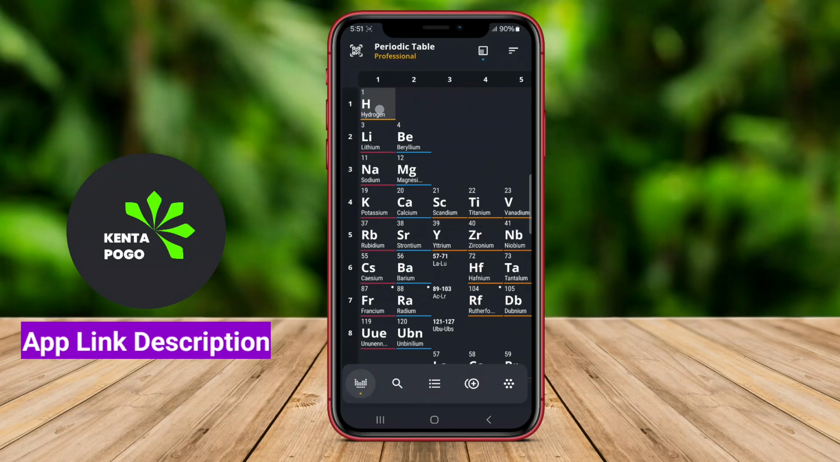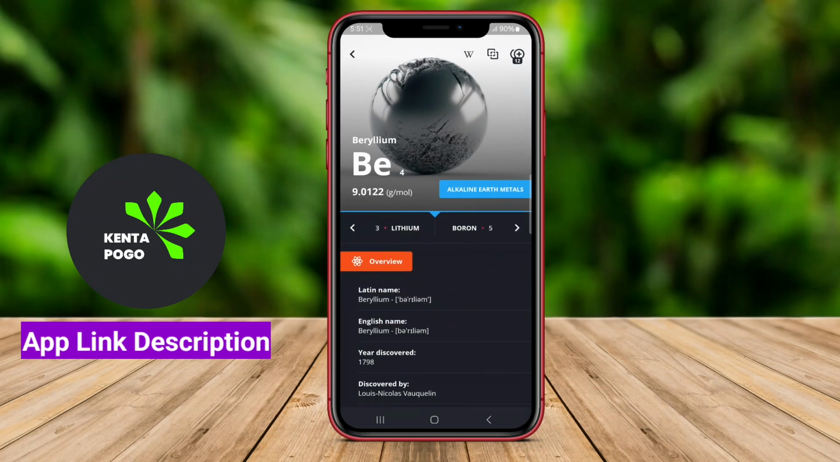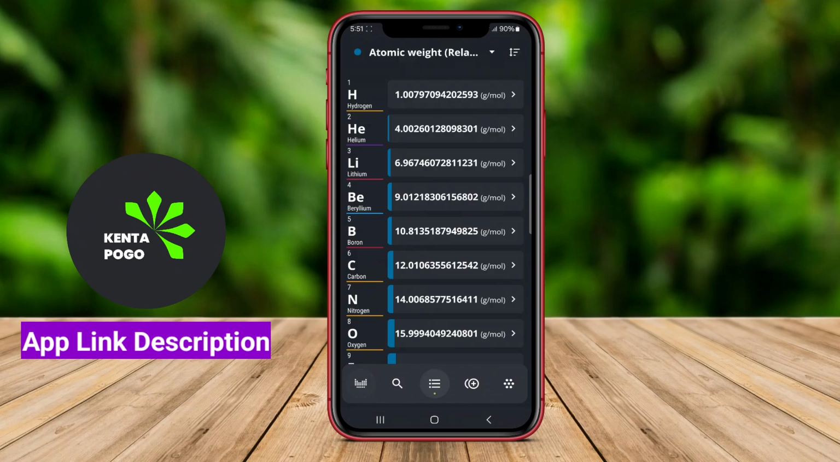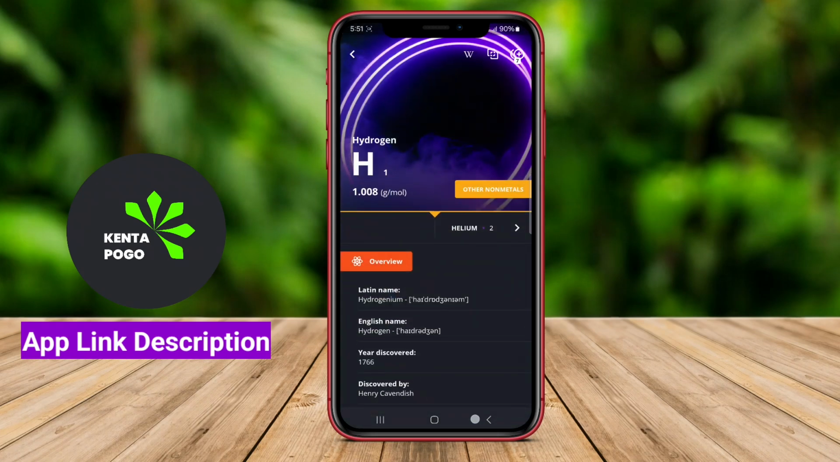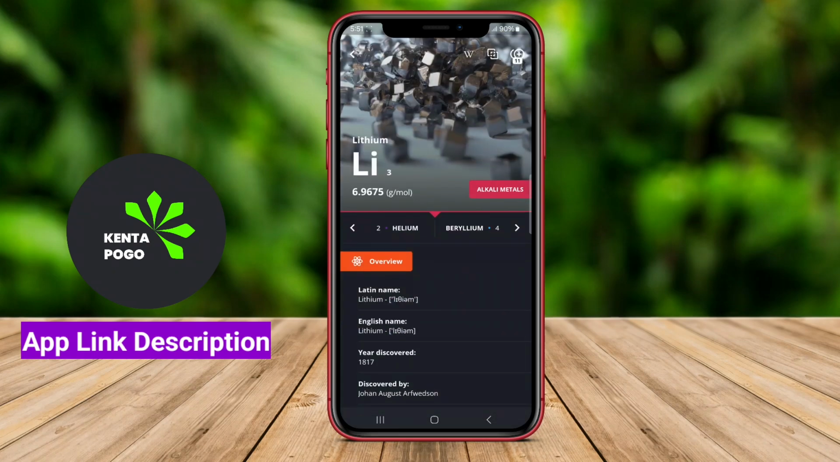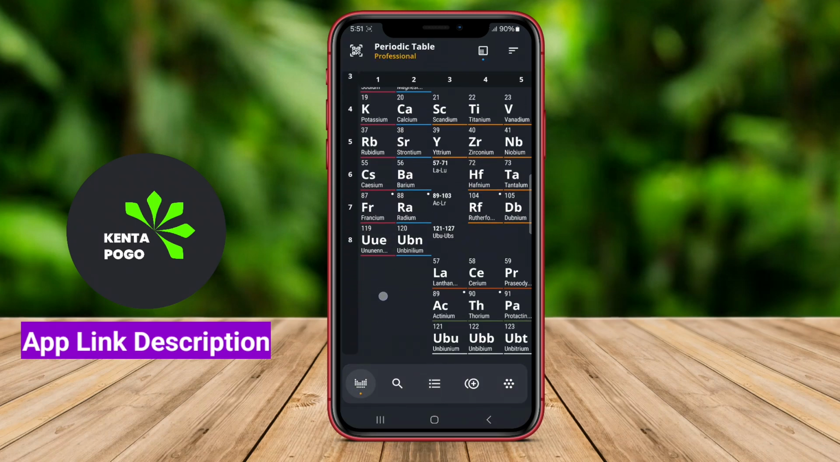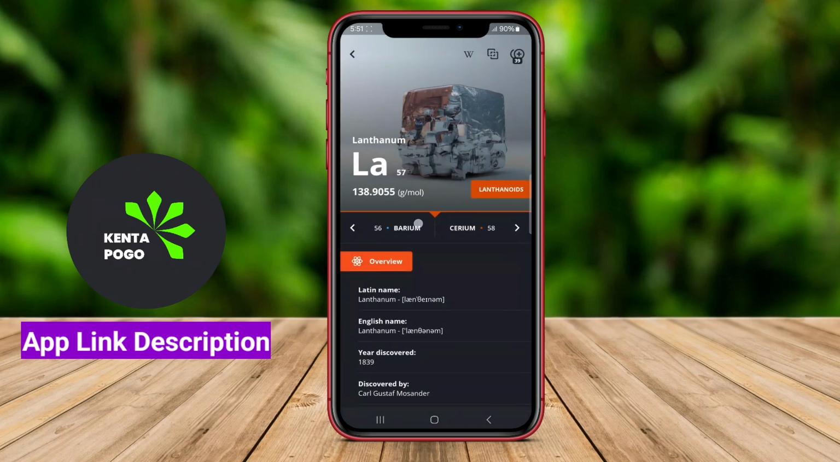The best periodic table apps for Android are interactive tools that provide comprehensive information about the elements. These applications often include detailed descriptions of each element, including atomic numbers, symbols, atomic weights, and properties. Many also feature advanced search options, allowing users to filter elements based on various criteria such as state of matter,